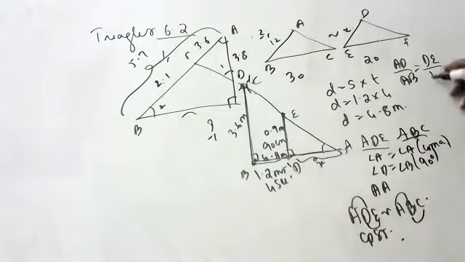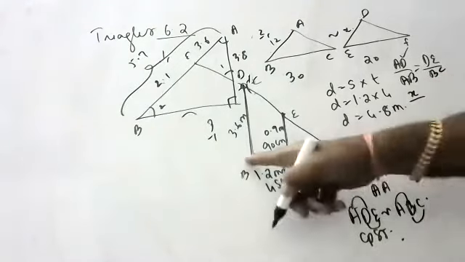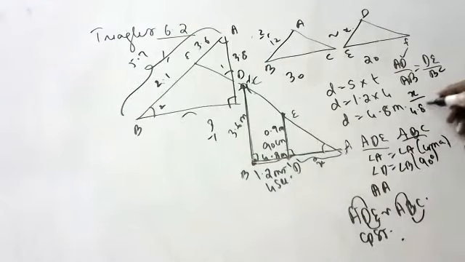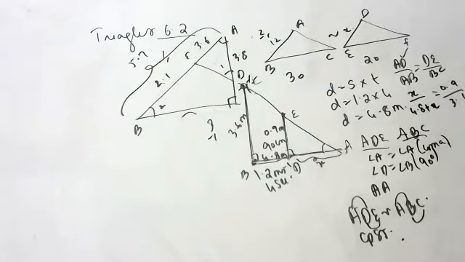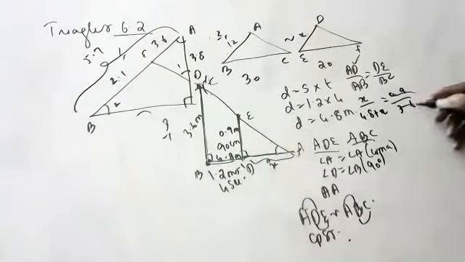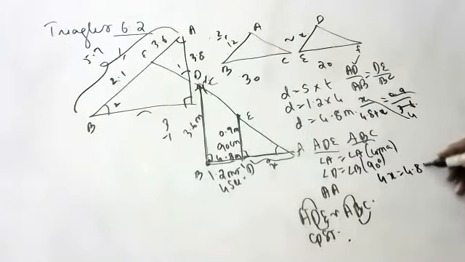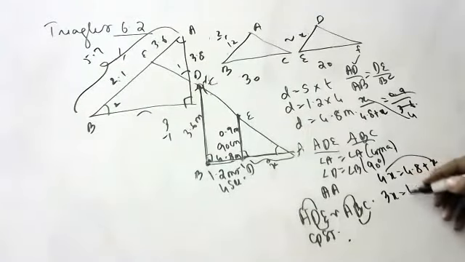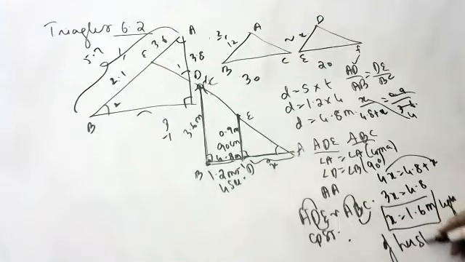Enough, children. The third one is not needed. So AD is how much, children? AD is x, which we have to find out. AB is how much? 4.8 plus x. This is 0.9 and this is 3.6. So this is 4 times. This goes up, so 4x is equal to 4.8 plus x. This goes here: 3x is equal to 4.8. x is equal to 1.6 meters, the length of our shadow.